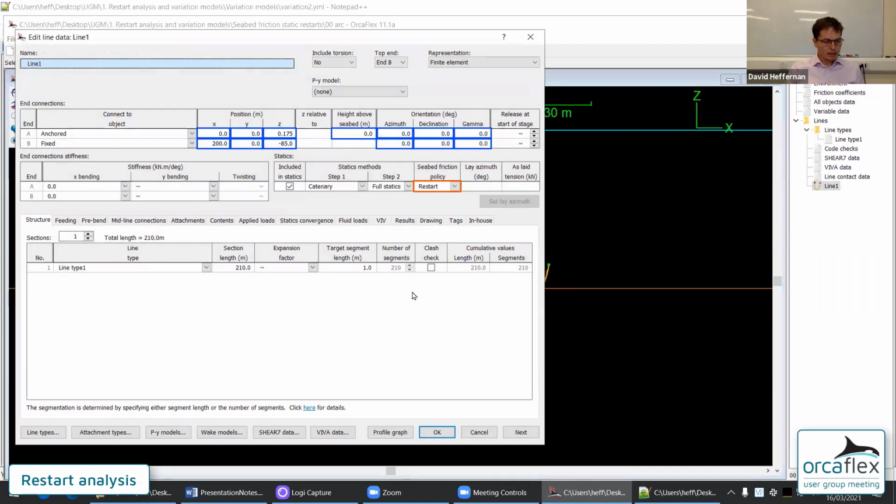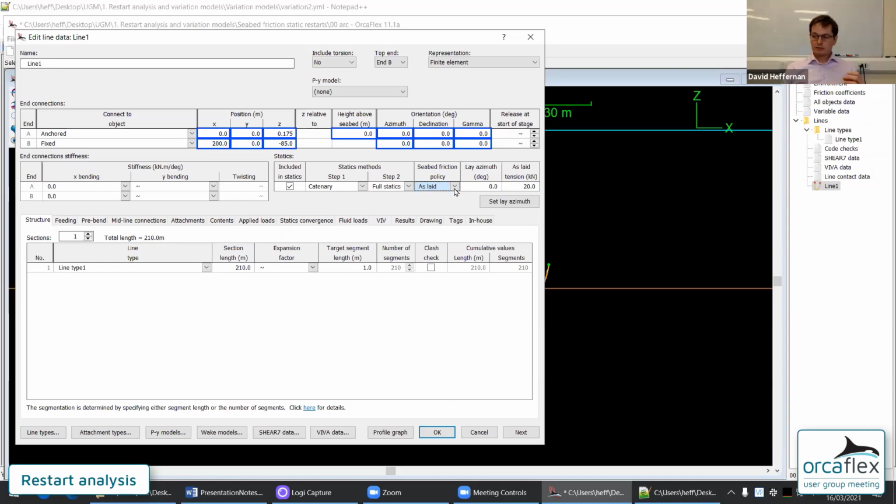And the other change that's really important and crucial for this example is the seabed friction policy. This is the data item that was formerly a Boolean: do you want to include seabed friction in statics? And if you did, then you would get this as-laid approach where you specify a lay azimuth and an as-laid tension, and the seabed friction acts towards that as-laid state.